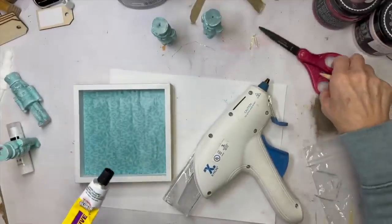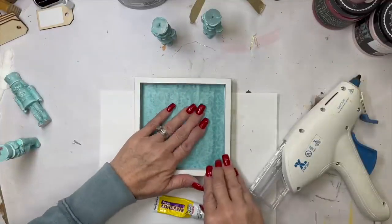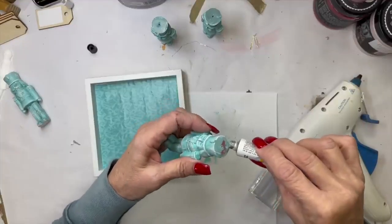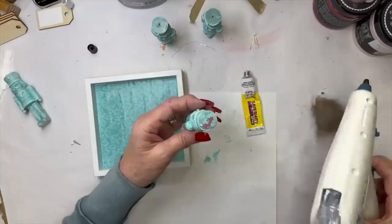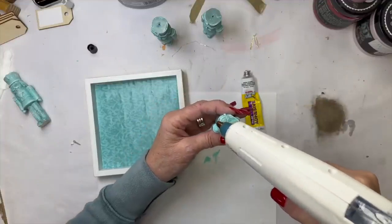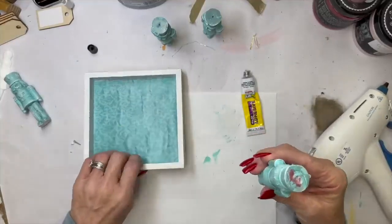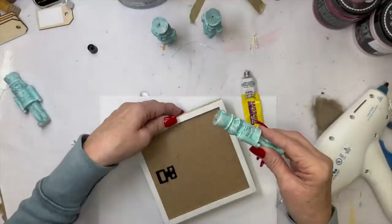I'm going to use the Fix-All adhesive that I get at Dollar Tree. See, I'm showing you that bubbled up a little bit, but that's fine. It turns out fine. So I'm going to use this Fix-All, which is kind of like a super glue, and a little bit of hot glue, yes, hot glue. So the hot glue is for a quick glue, and the super glue or Fix-All is for a permanent tighter